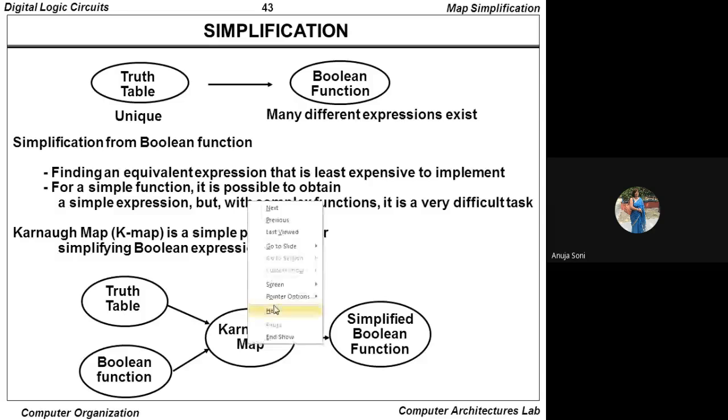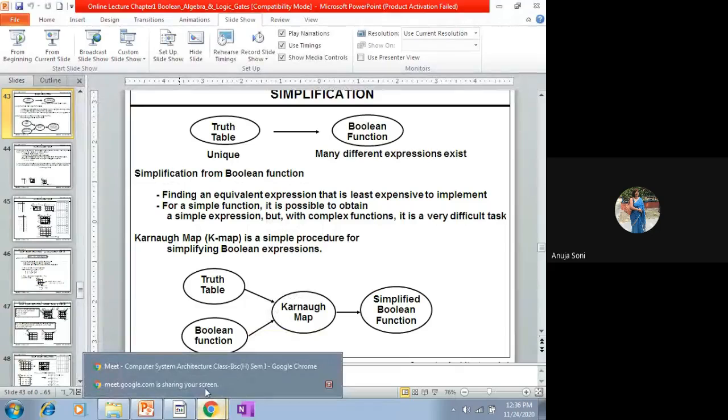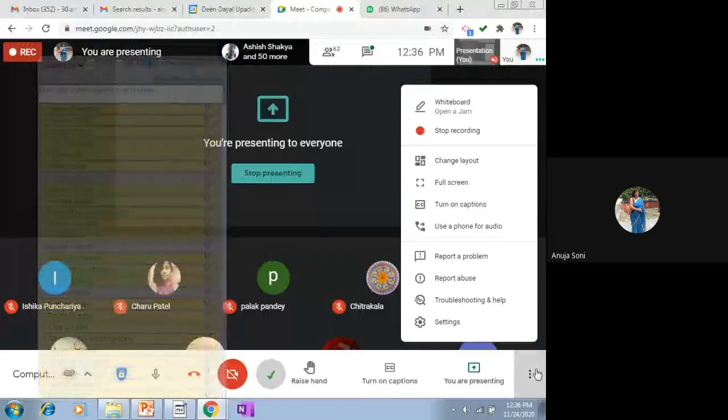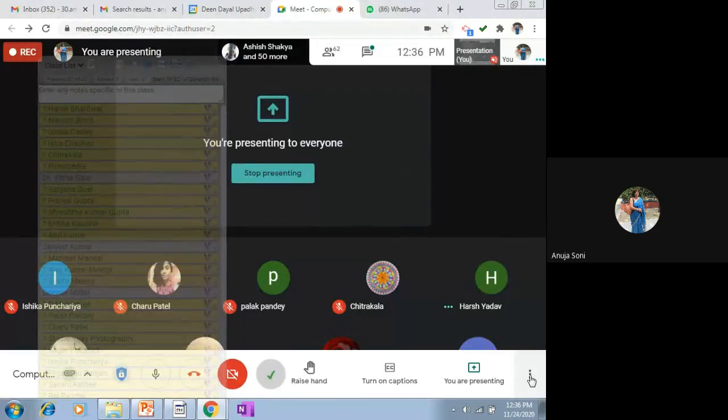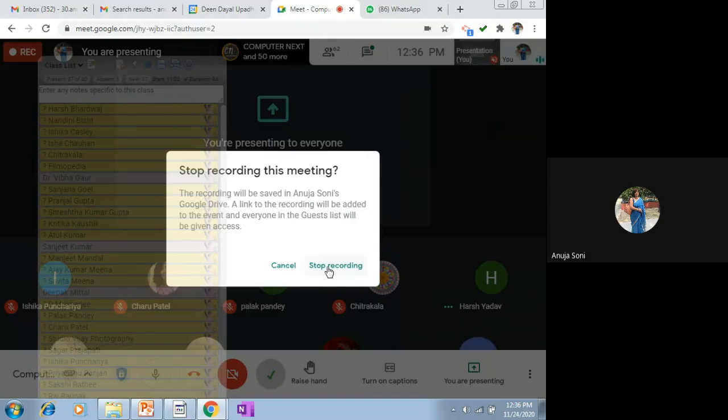Now, based on your first chapter, Boolean algebra and using Boolean identities, you have to solve the first seven questions of your back exercise, and submit them to me as an assignment on the same mail ID through which I sent you the invite link. And if you do have any